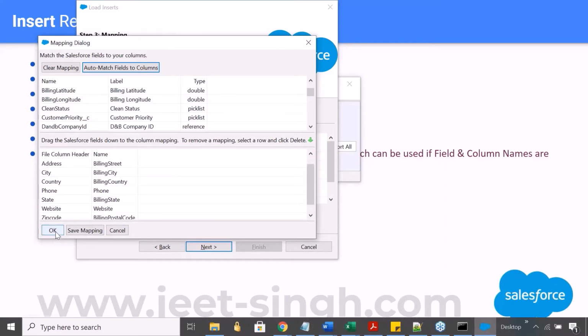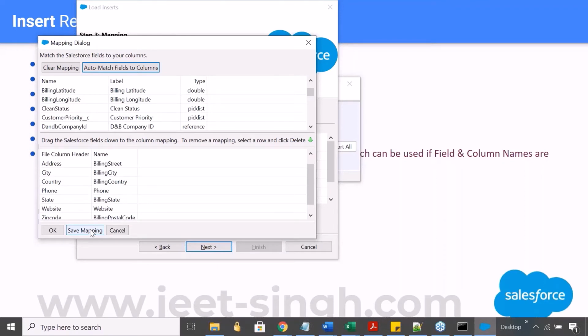Now again you have one more option here. You can just create the map. Now if you feel that you are going to use the same format file again and again with the same column names, you can save this mapping.